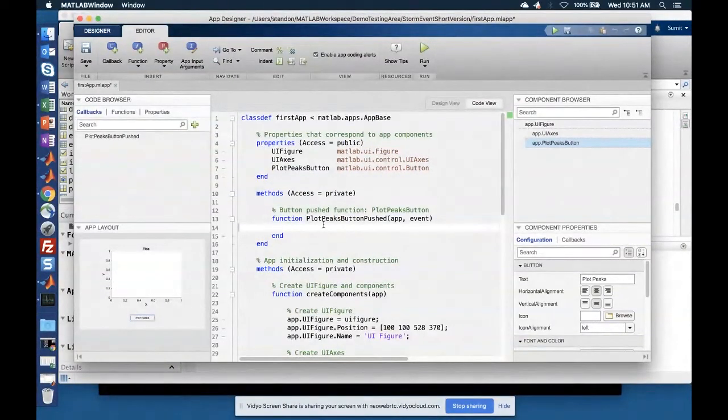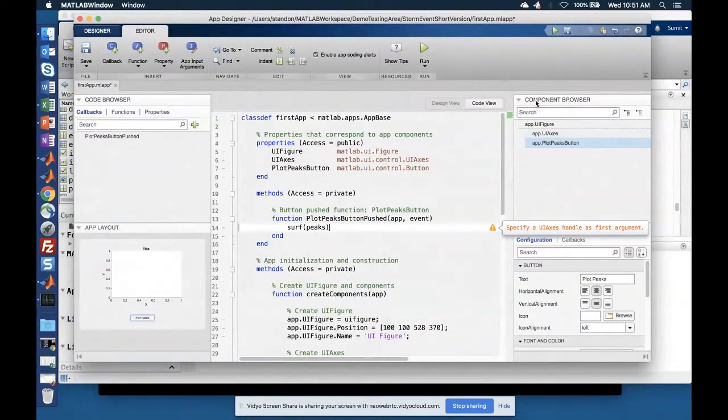In this case, I start by typing in what I actually want to do, which is to plot the peaks, create a surface plot. As soon as I do that, this small warning label shows up. If I click on it, it says specify a UI axes handle as a first argument, which basically means I need to specify where the plot is actually going to show up.